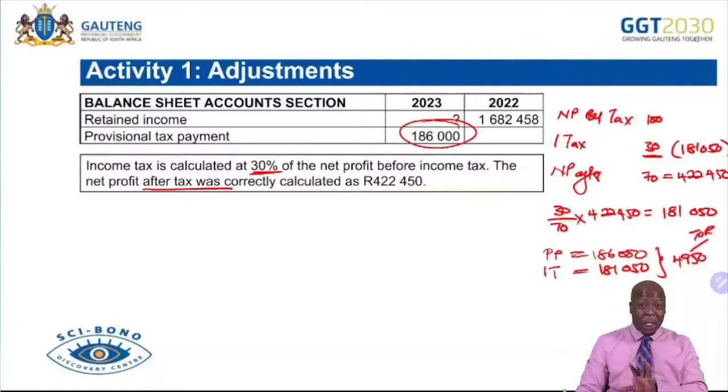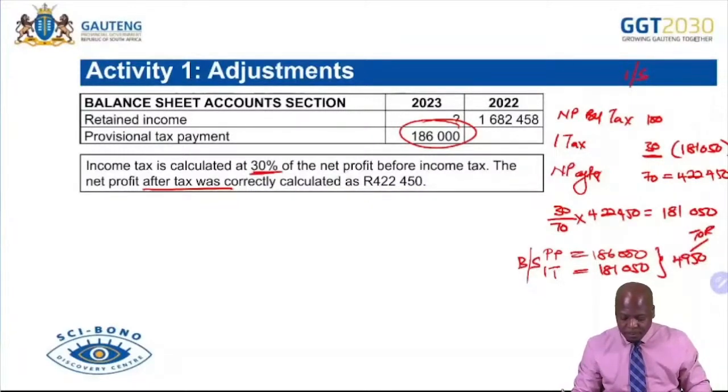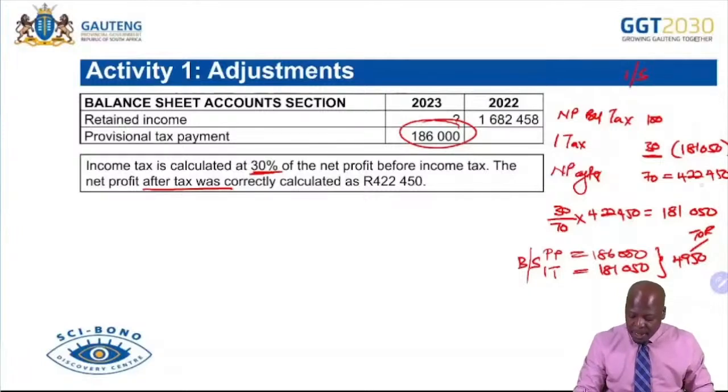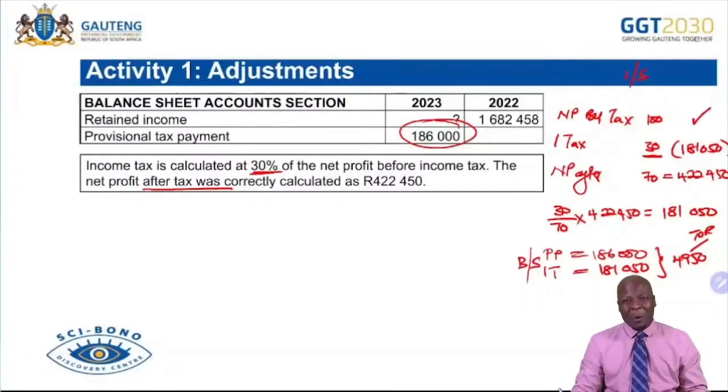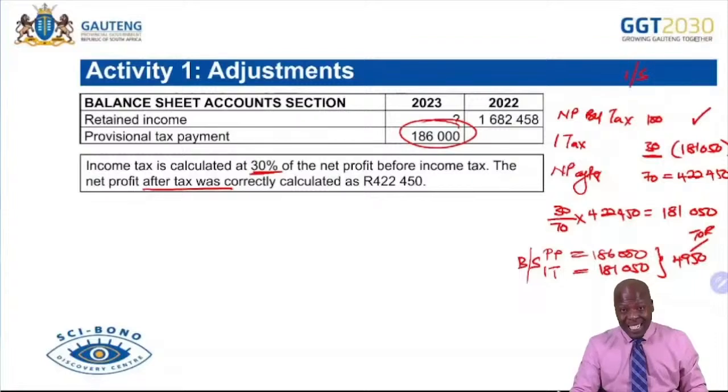I'm still on this one adjustment. So it was going to affect our income statement. It was going to affect our balance sheet. There you go. All right. And remember this income statement, we can therefore get our net profit after tax. You now know how to do this. You would simply do it going up. In other words, you're saying 422 plus the 181,050, reversing the signs or doing the opposite,